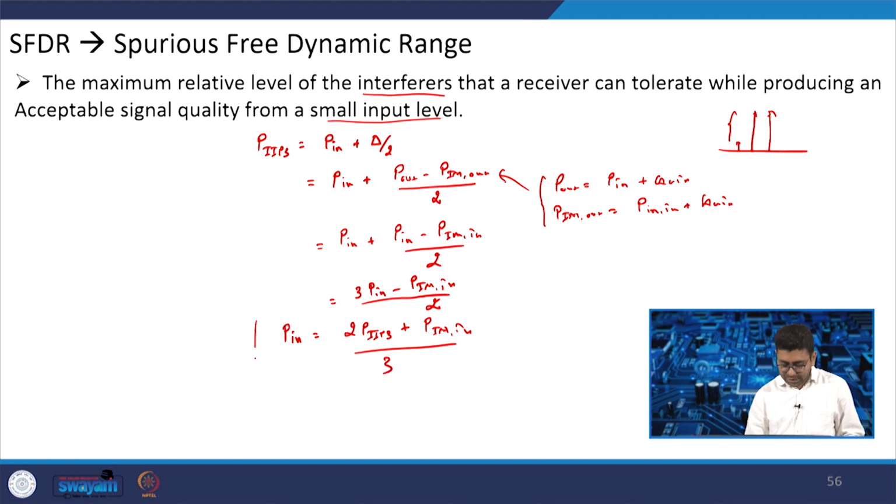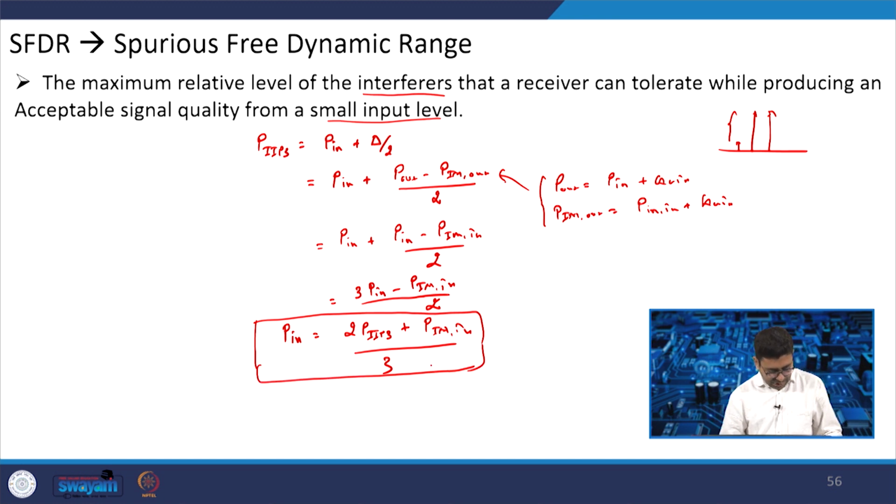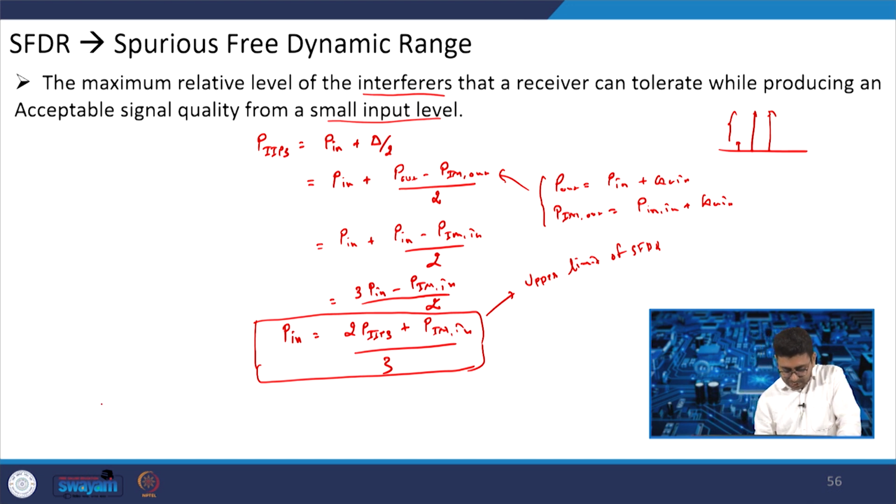So, this is the upper limit. What is this? Due to the IM product, this is the upper limit of SFDR. And now we are finding the P IM in, so P in max we can get the upper limit. I will just note it down here. The upper limit of SFDR is that